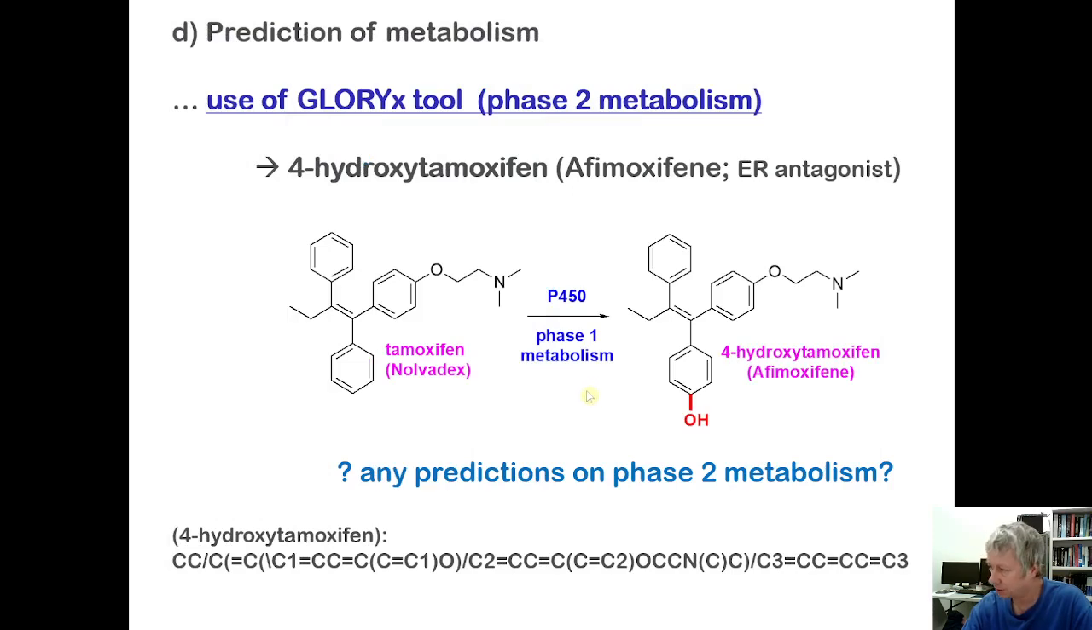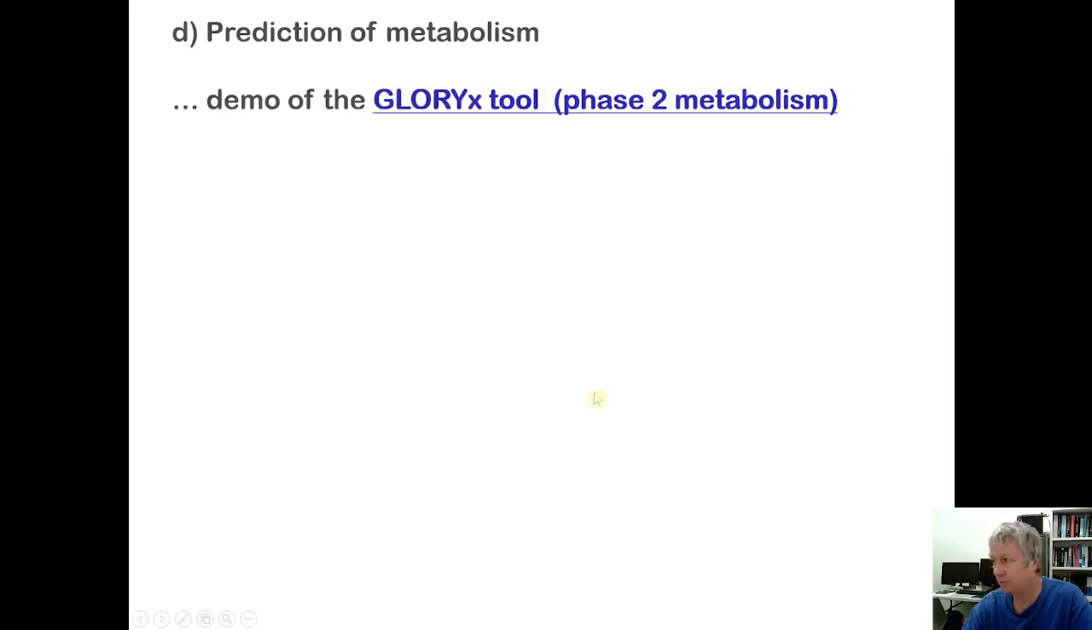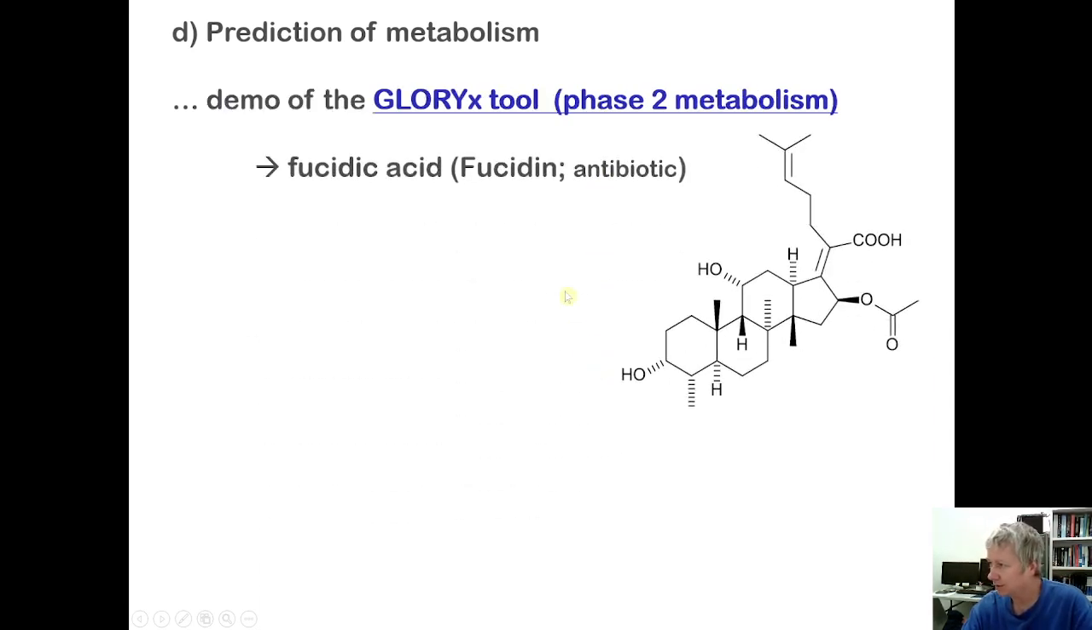Let's take a look at the next example. This is a steroid. It's an antibiotic, a steroidal antibiotic. Fusidic acid. Any predictions? Really looking for the nucleophilic functional groups, and I'd say the alcohols,